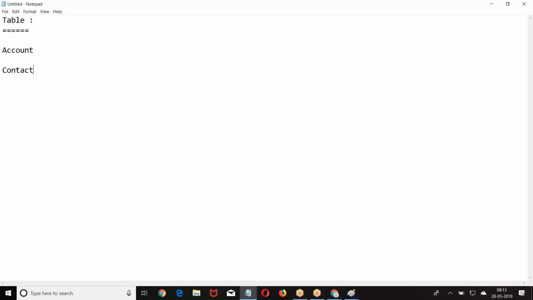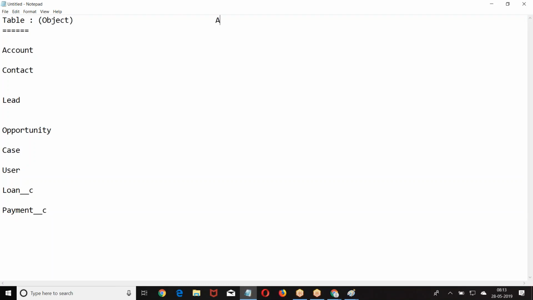Account, contact, lead, opportunity, case, user. How will custom objects be? All these are tables. In the database you call it a table, but in Salesforce administration you call it an object.